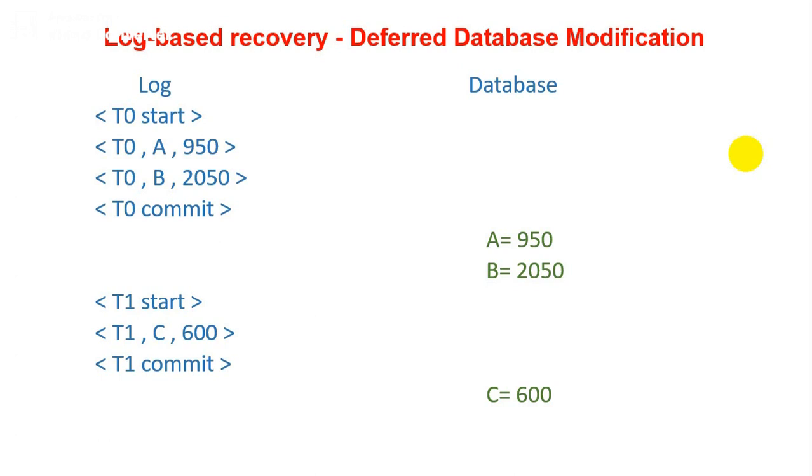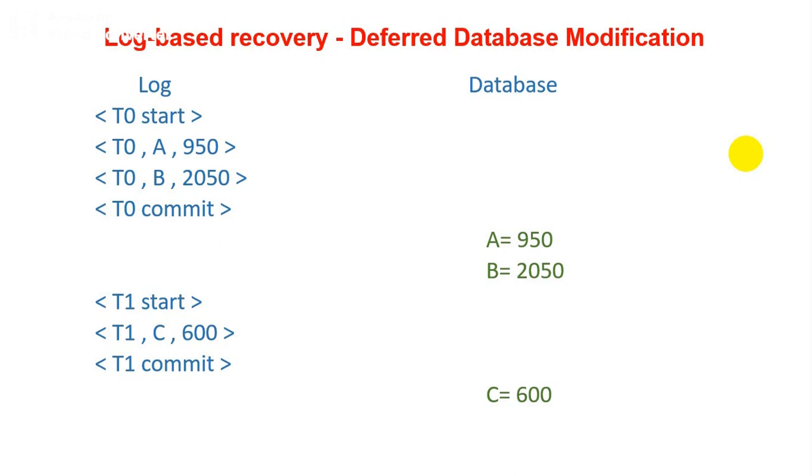We have three different parameters, as we discussed in our previous lecture. Why should it be 3 parameters? If you have any doubt, then please refer to my previous video. It is really important to identify why we are mentioning 3 different parameters between less than and greater than, and what is the requirement of transactions. So T0 is the transaction ID, the second parameter A is the account, and the third parameter is the final amount which is available after